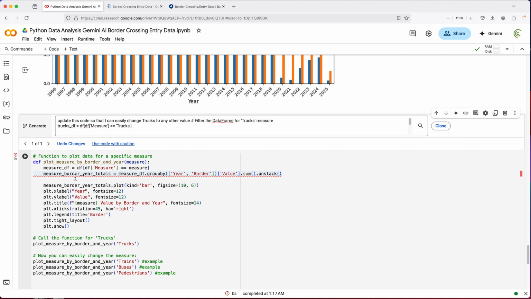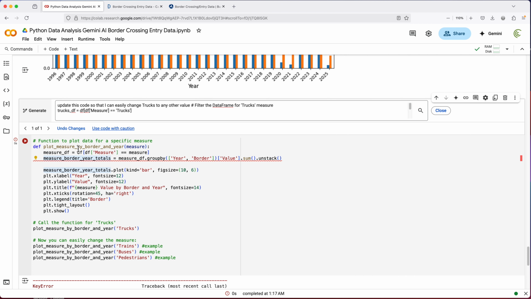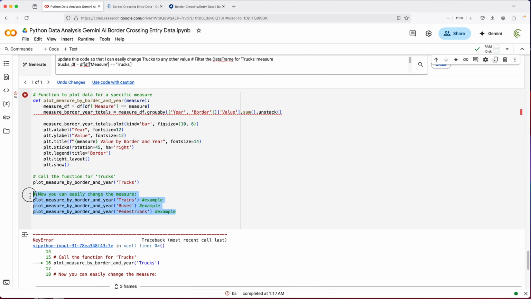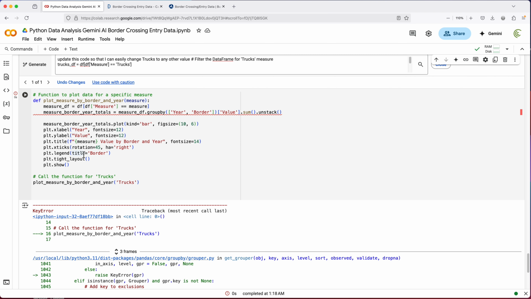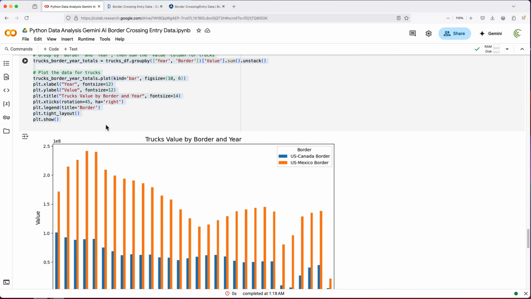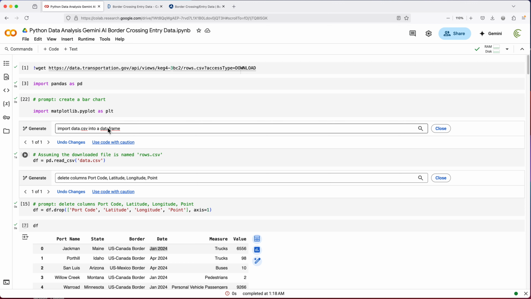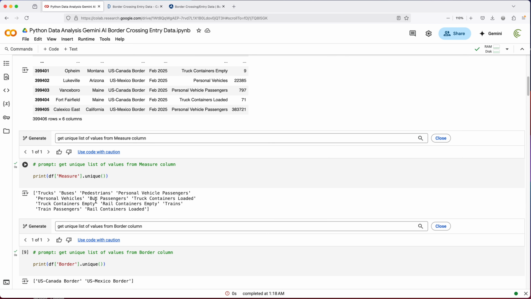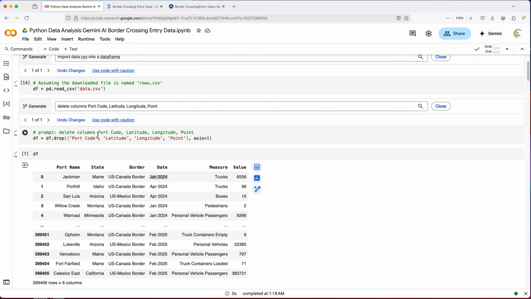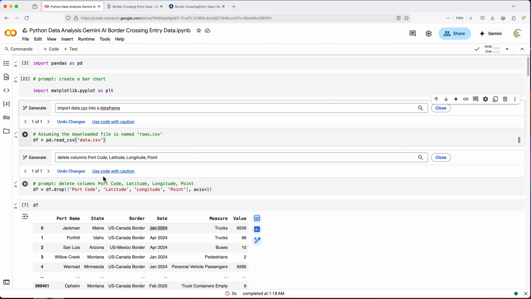So you can see this is not working here. It got me an error. And basically we're running this function that says plot measure by border and year, and we're passing this trucks to it. And then it gave us a couple more examples here for trains and buses. Now it's not working. And I assume the reason this is not working is because when I started running this, it probably reran a whole bunch of these previous steps that I didn't want to happen. And it overwrote a lot of the stuff that I previously did, which is getting the data frame and